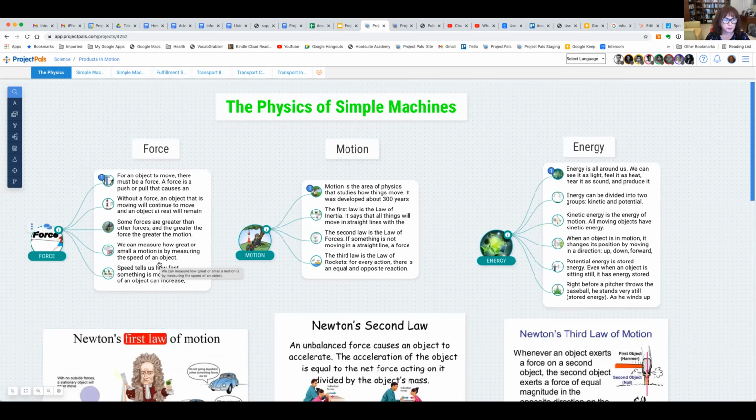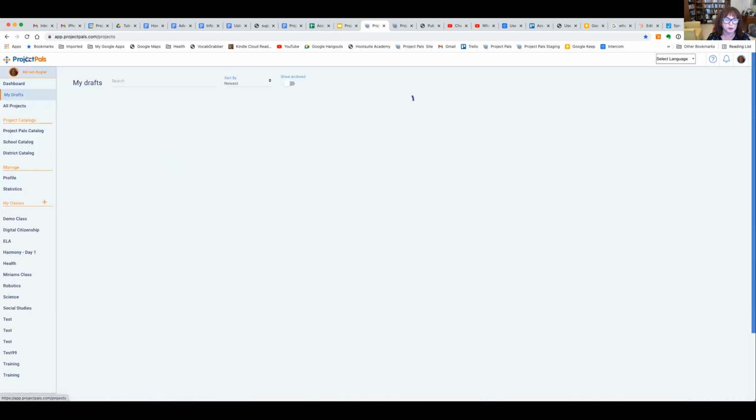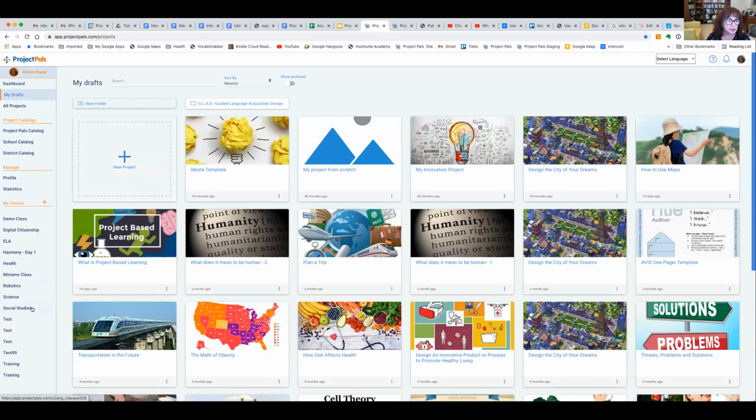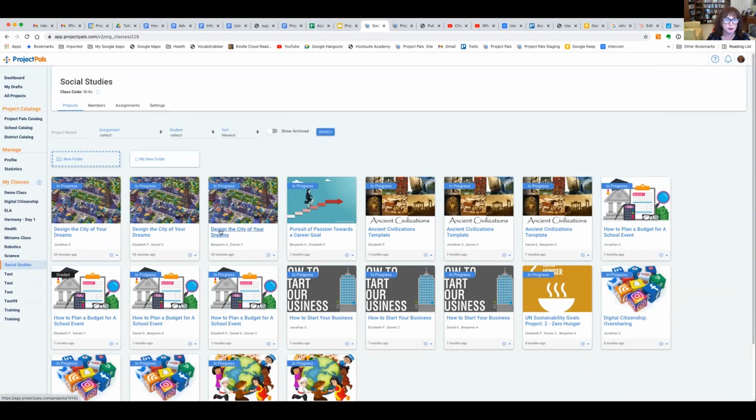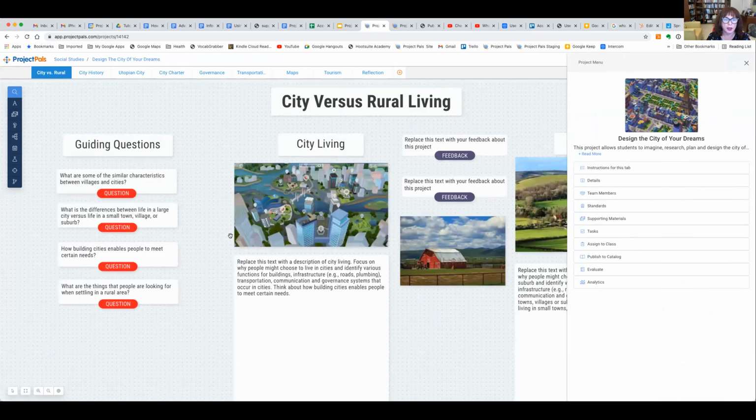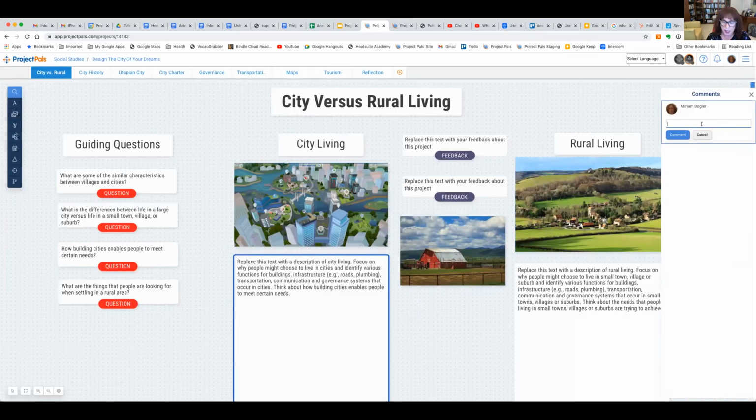And then I mentioned commenting. So every object, when you hover over it, there's the commenting tool here, and you click and you can type in something. Maybe for this purpose, I'm going to take you to another project because then you'll be able to actually see me doing the commenting. So let's say I'm going back to my social studies class and going into one of these projects that I just assigned to this class. And now I want to comment on this, and I can go in here and say,